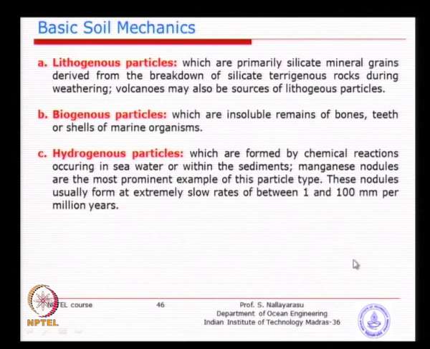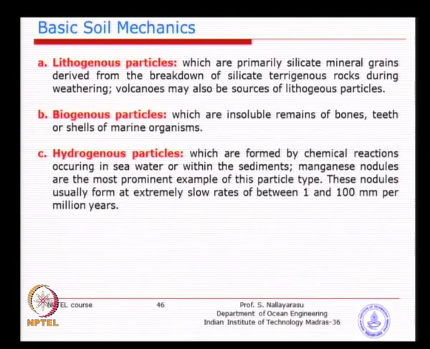Hydrogenous particles are slightly risky because they can change in shape during the application of loading. So, when you look at a soil borehole, the first thing you look at is the composition, whether it is silicate material or there are any other forms of material present. You will do a chemical analysis to find out how much is silicates, how much biogenous material is available, and then you look at any foreign particles in terms of chemical composition. The most important one is the carbonate material.